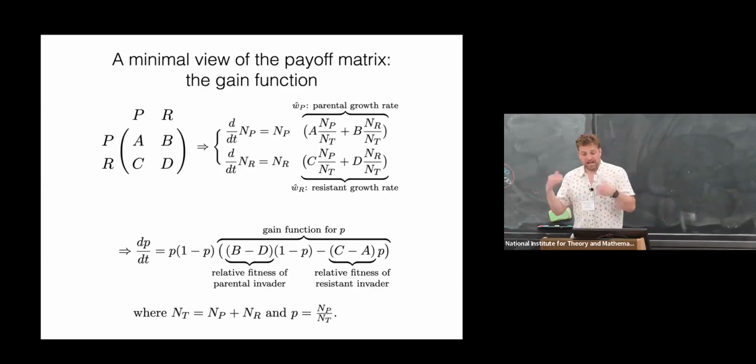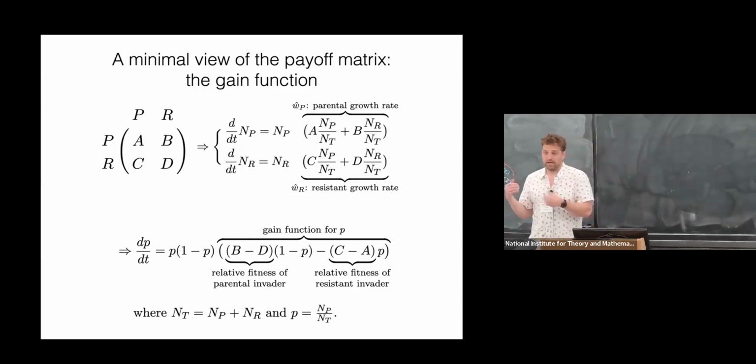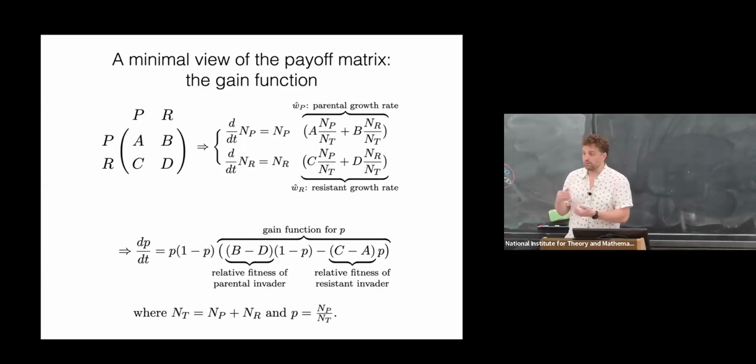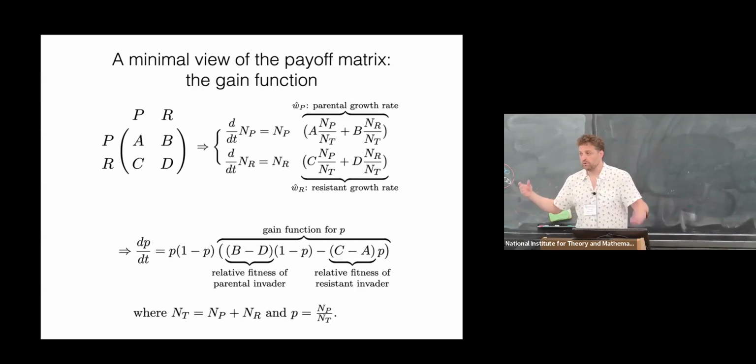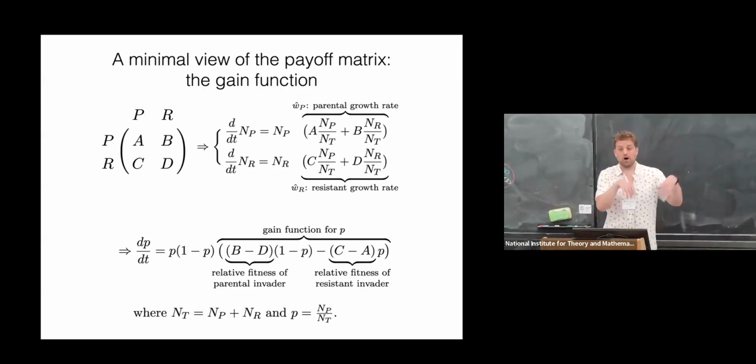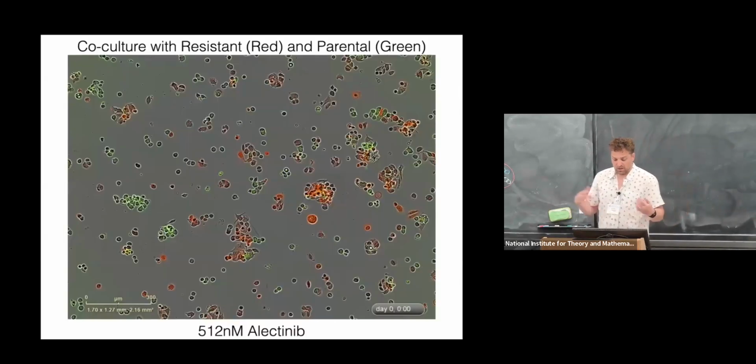So we ripped down the dynamical system that is the replicator dynamic into its simplest form. So this is a two-player replicator dynamic. It's a first-order linear ODE. And you can see what we're looking for is we're just looking for those A's, B's, C's, and D's. Those are what populate that matrix that we did all that maths with earlier. So the simple question here is, can we design an experiment such that we can get A, B, C, and D? So if you mix these cells together, this is red and the green.